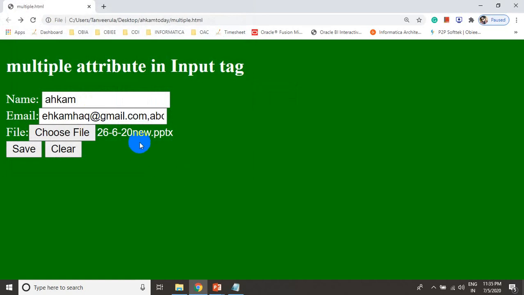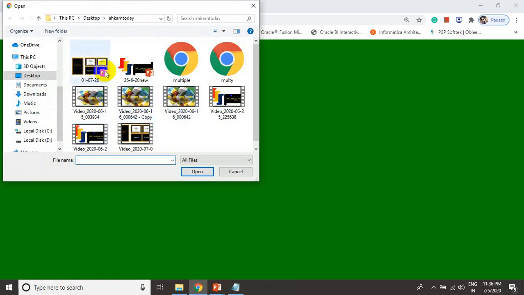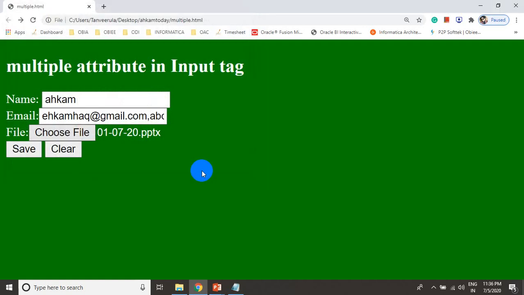When you click, the first one was removed. Now I have only one, that is 26.6 new.pptx. When you click on choose file again and pick any other file, the earlier file is removed. Means at one time you can upload only one file.